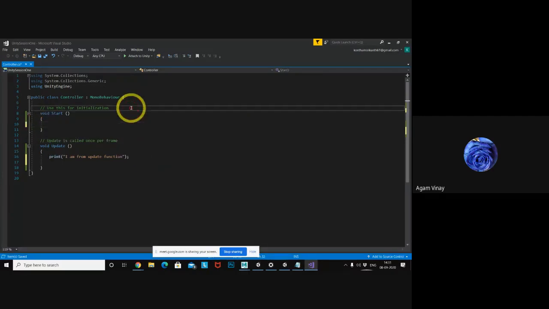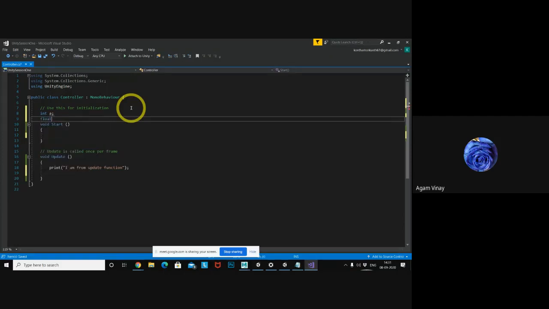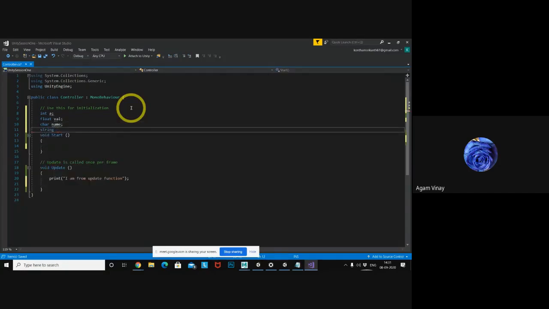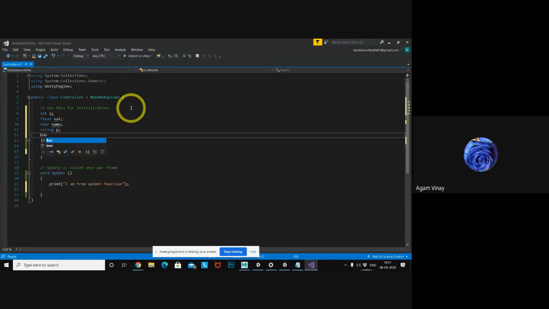Now, as you already know, I want to declare some variables: integer type a, float type, character, and string, and boolean. As soon as you type, it will auto-complete. I will name the float value, the character, the string p, and the boolean g. These five are what we use the most in Unity.